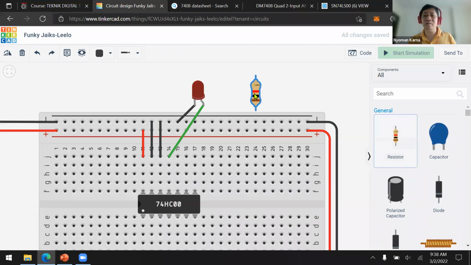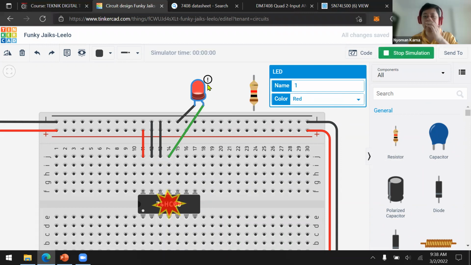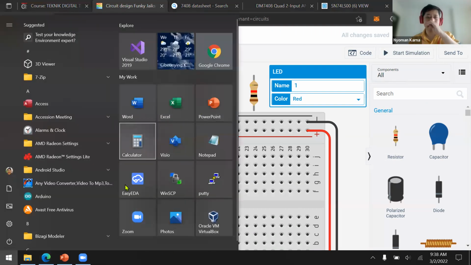It's the resistor. Let's try it again. Start simulation. It says that the current through the LED is 47.7 milliampere. It's too big because the recommended maximum is 20 milliampere, so it's supposed to have a current of 20 milliampere.